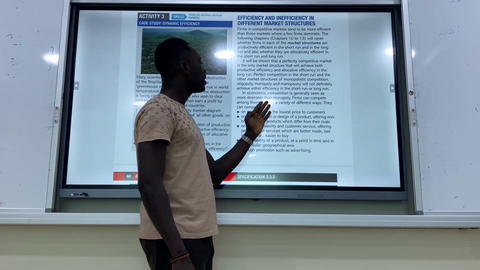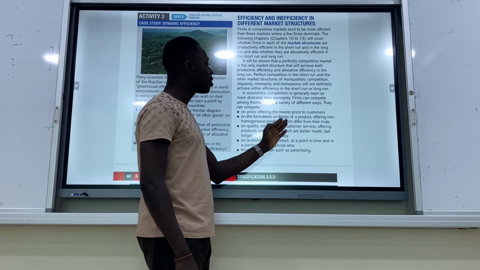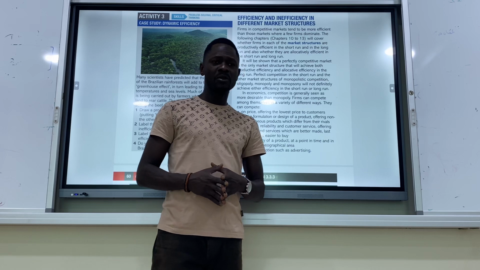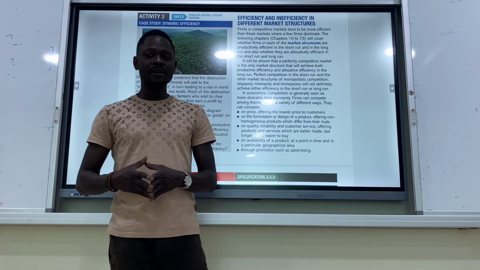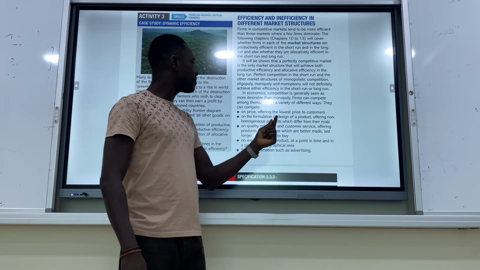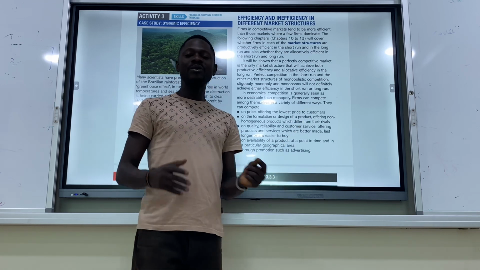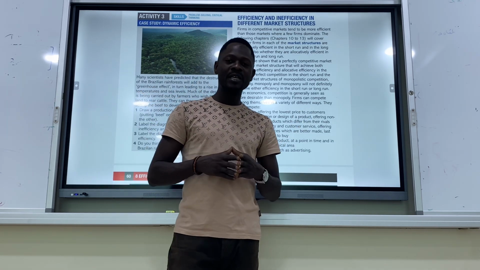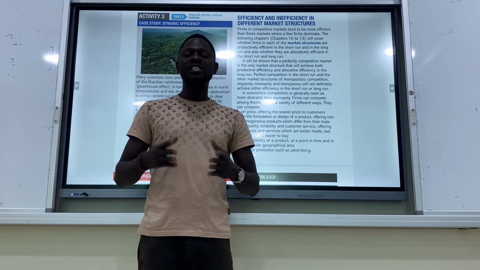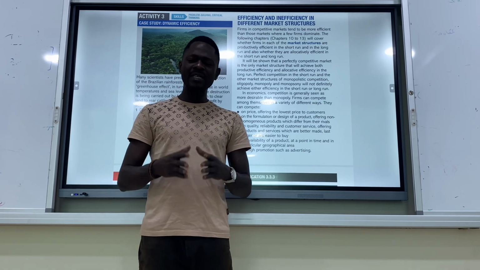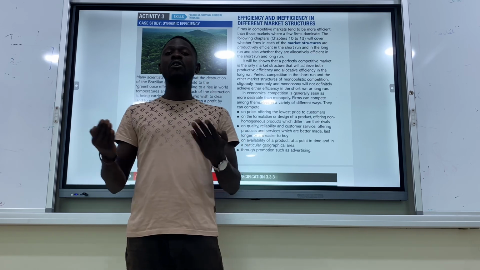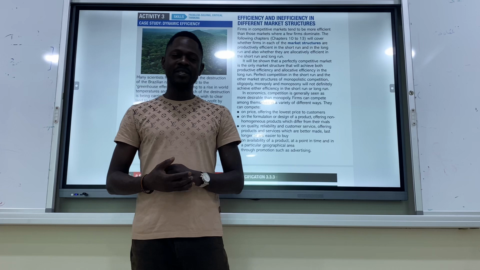Number two, on the formulation or design of a product, offering non-homogeneous products which differ from their rivals. The second point here is about design of a product. And when we talk about design of a product, we can link it to allocative efficiency, being able to produce goods that consumers demand. And that is allocative efficiency. In a competitive market, it is also important for firms to differentiate, to find a unique selling point, a product differential, because the products are almost the same. It is important to produce a product that looks different from those of the competitors, because that could also attract customers.